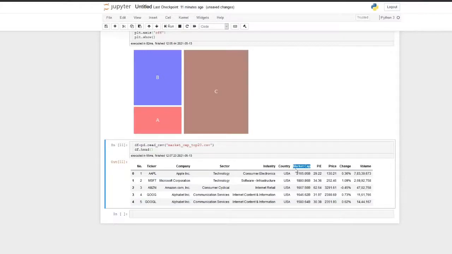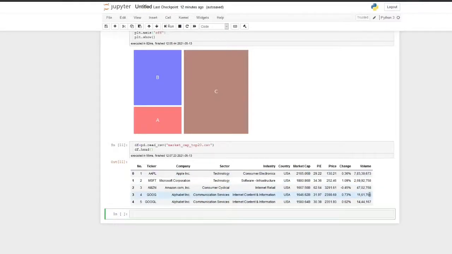As you see, the data is not in float format. The market cap contains a B, which denotes billion. Since this B is there, it will be considered an object or a string, not a float. Only if the value is a float or int numerical value will we be able to plot a tree map. The same is the case with change: it has a percentage sign, which renders it a string or object value, and the same is the case with volume.